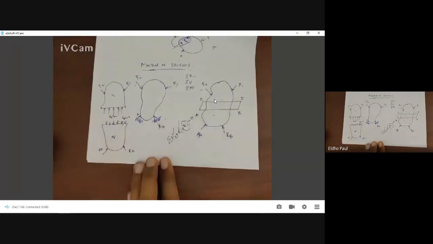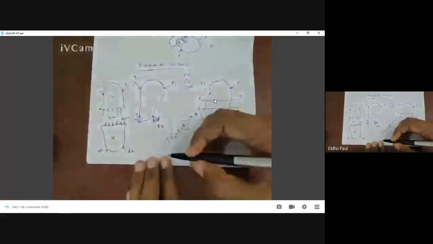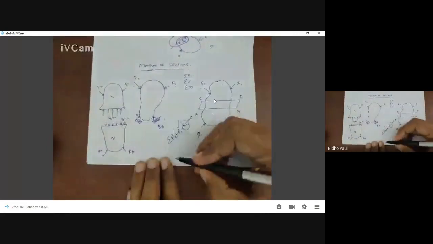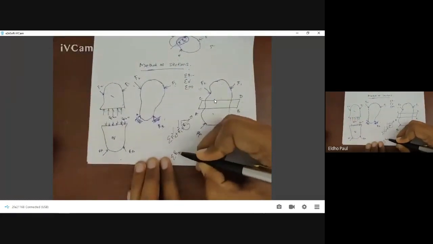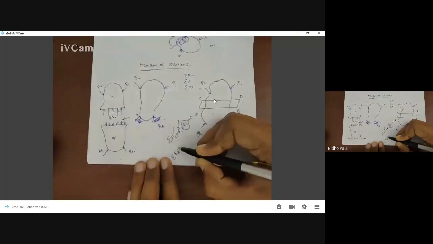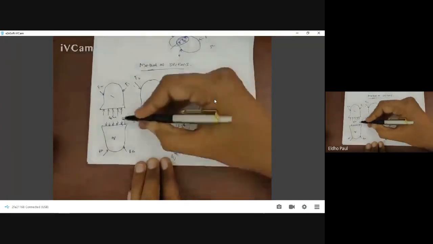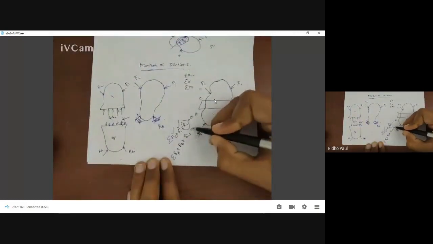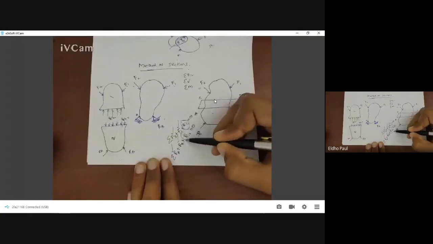Similarly here, this part is in equilibrium, so there will not be any unbalanced force. Then we can say sum of all forces equals 0, or sum of RA plus RB plus the internal resistance force Ri2 equals 0. If we know this RA and RB, then we can calculate Ri2.